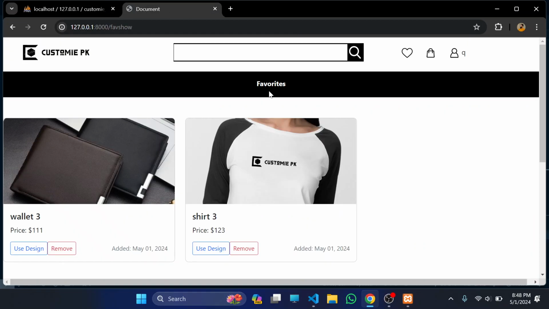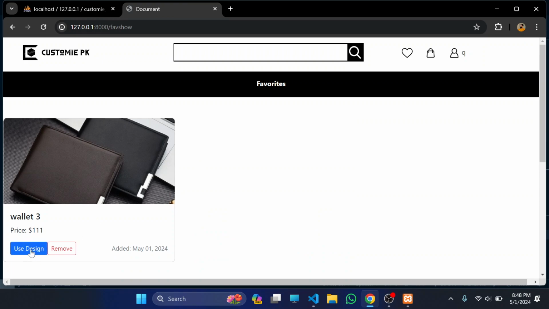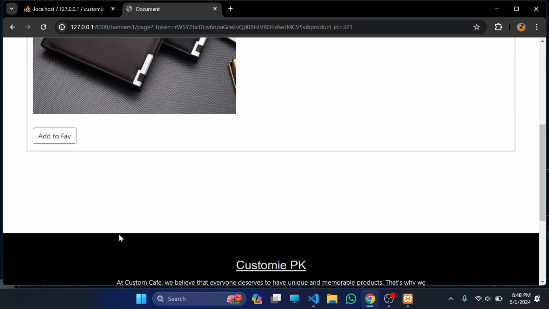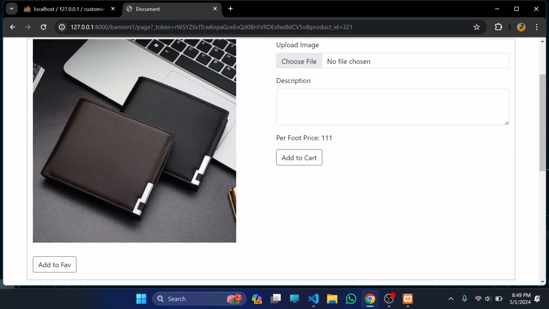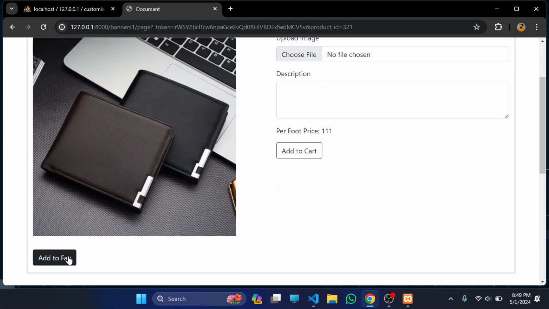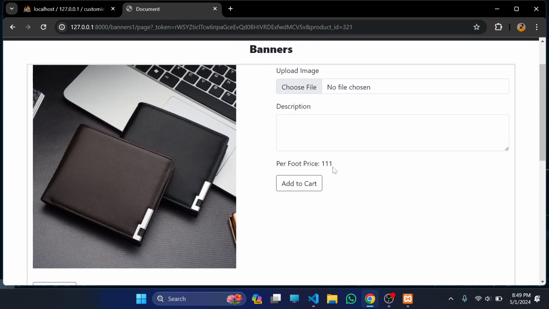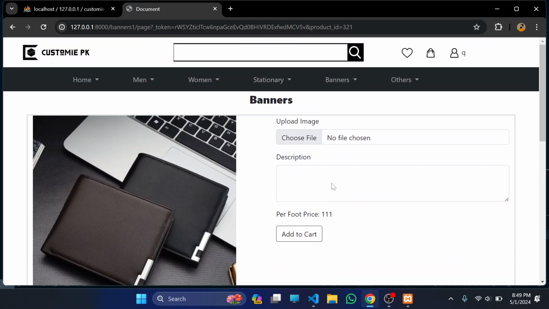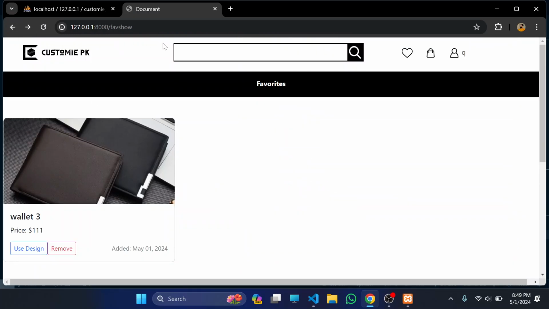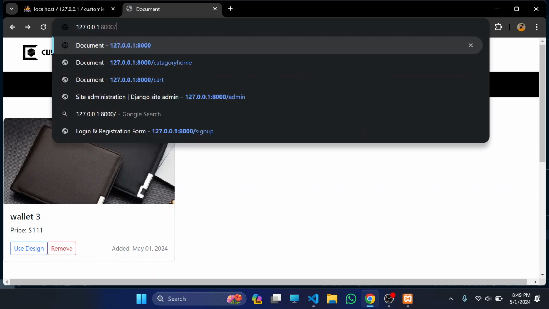So here we can see we have our favorites, and obviously if we remove them they will get removed, and if we want to use this design it will be used, and we can add it to cart. The positioning of this button is obviously a bit weird. We can add it here, so we will do that later. So now if we go back to login